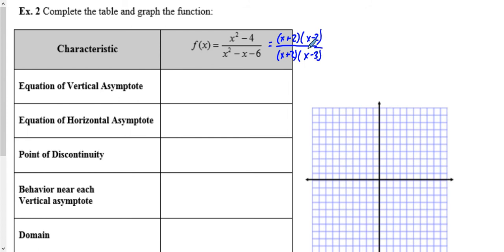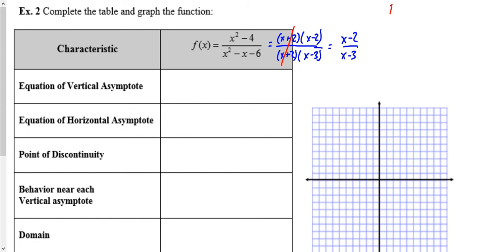And again, I see numerator, denominator. I can see something that I can cancel out, so I'm going to clean that up. So I'm left with the final function of x minus 2 over x minus 3. Again, as I canceled out these factors here, I'm going to start off by finding my